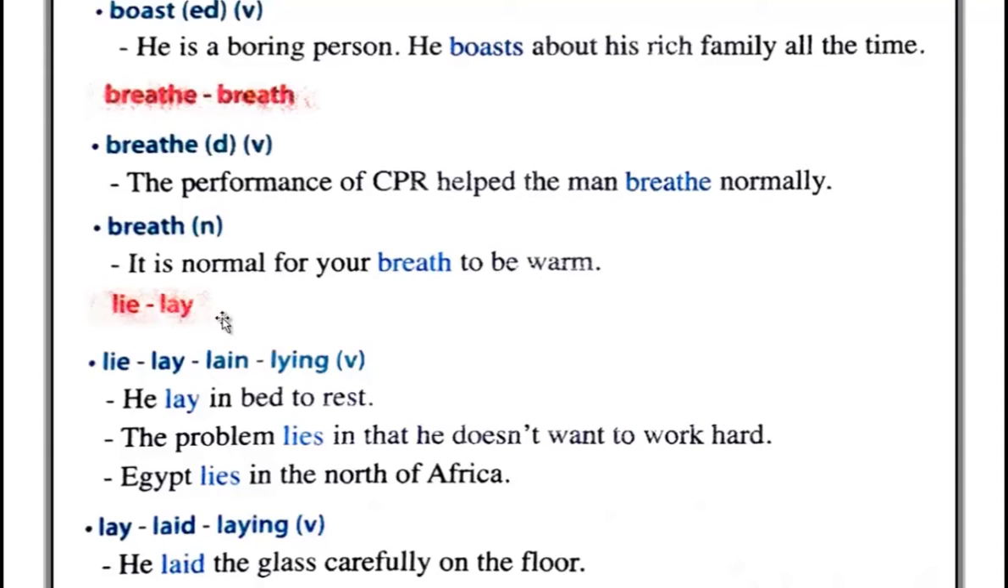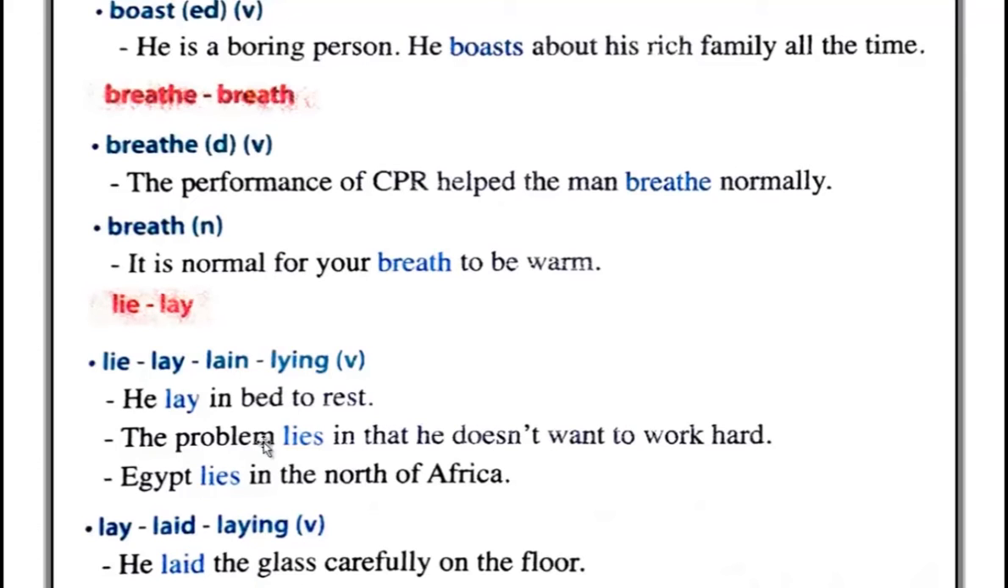Lie and lay. Right? Lie, L-I-E, past lay, past participle lain, and lying, right? This word, what does it mean? To put yourself in a flat position. He lay in bed to rest, right? He put himself in a flat